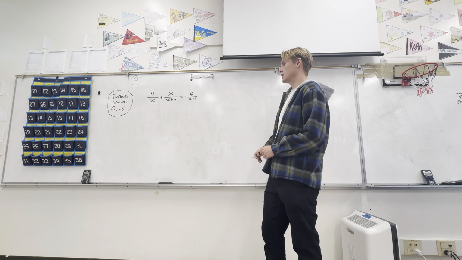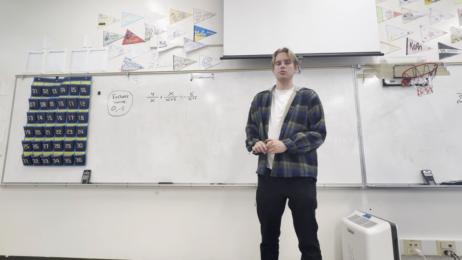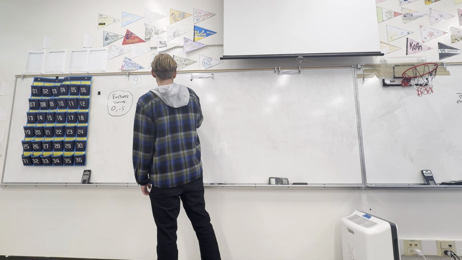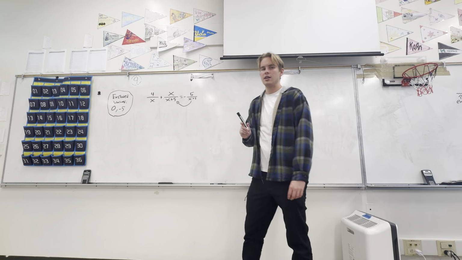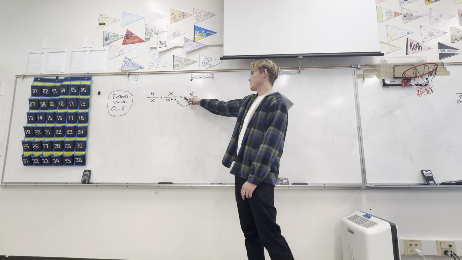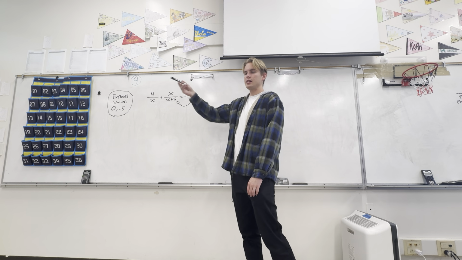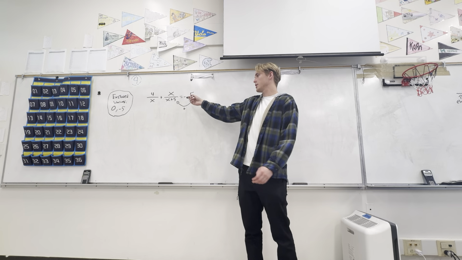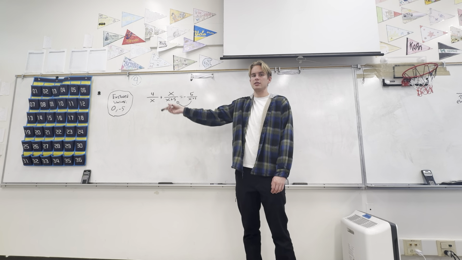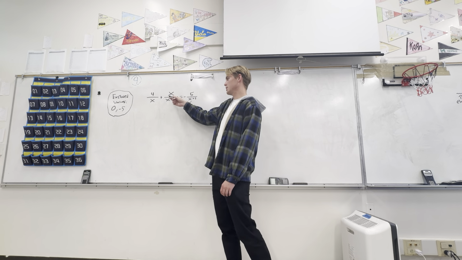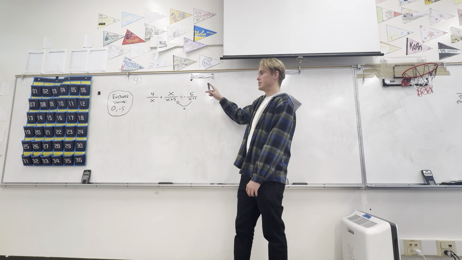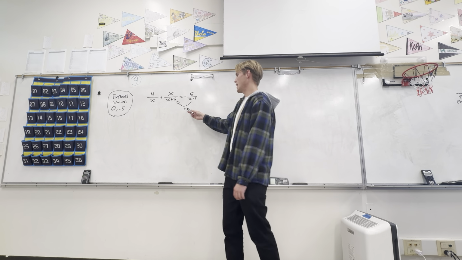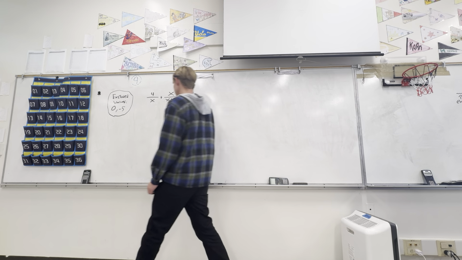So the next thing I do to solve these is I like setting these equal to 0. So I move this over to the left side. I get everything on one side. And since this is a negative, to move it over the other side, you're going to have to do plus. So if this was like a positive 5 over x plus 5, then you would subtract it. And this would become this plus this minus this. But since this is already a negative, when you're moving it to the other side, we add it. So we're left with